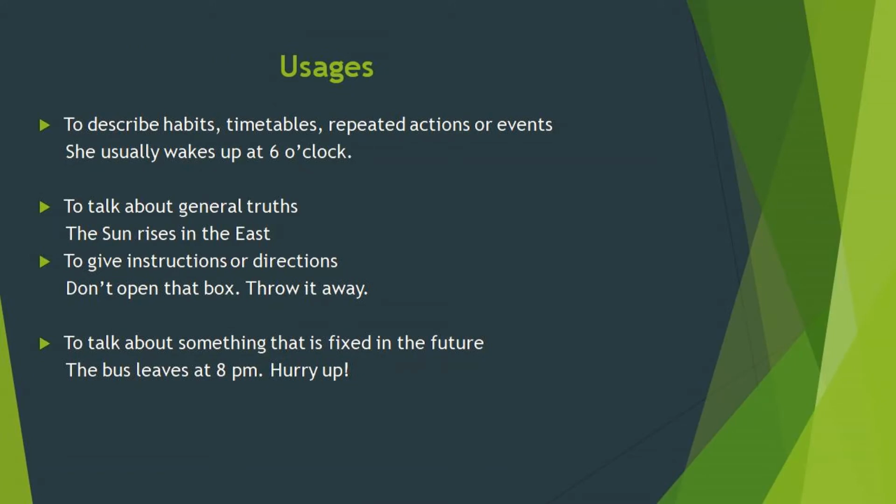We use present simple tense or present indefinite tense. Where? We have to learn about that. As I have already said, when we have to describe some habits, some actions which we do repeatedly, or about some events that happen regularly, about some timetable. In those cases, we use present simple tense or present indefinite tense. Like, she usually wakes up at 6 o'clock. It's his habit. It's a habitual fact.